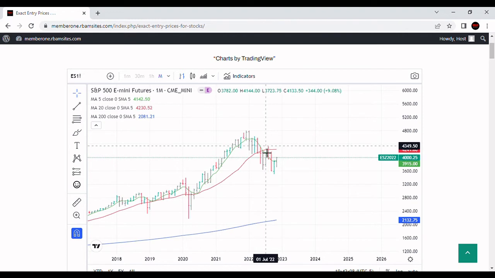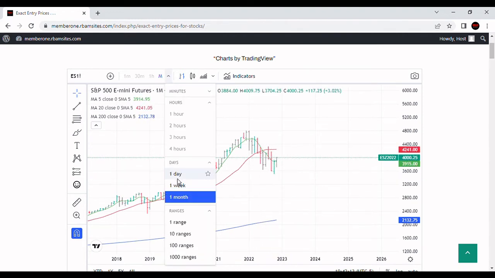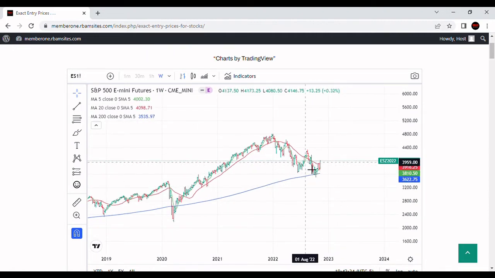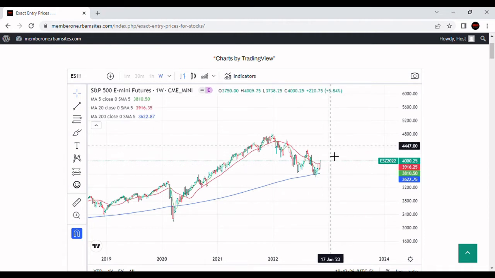You're also going to continue to get uncertainty in the stock market. You'll notice this isn't a trend. If we go to the weekly, we're looking at the S&P 500. That's not a trend on a weekly chart. This is essentially sideways on a weekly chart. You're not going to get out of this until Fed policy for interest rates becomes clear. And once it does, then you'll continue to either move up or down.